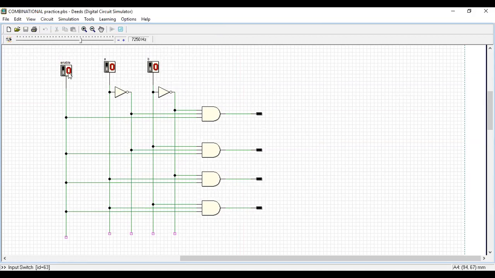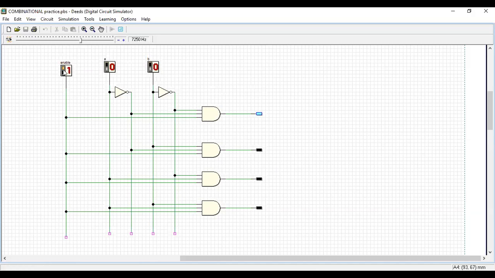See, now the power switch is off. My input is 00, 01, 10, 11. Whatever I change in A and B does not reflect on the output side because my power switch is off. So I'll make it 0 0 and first turn on the power switch.